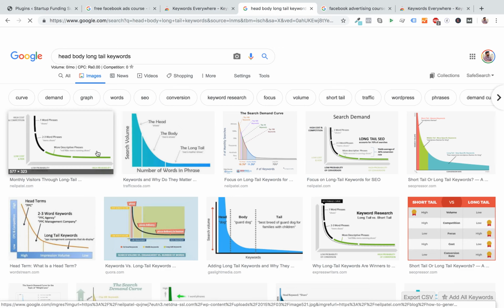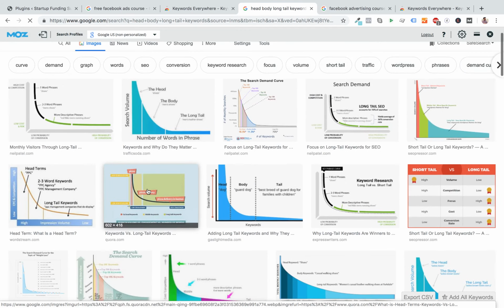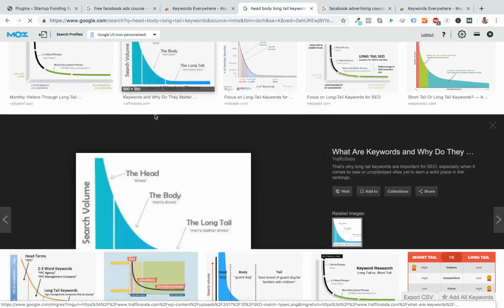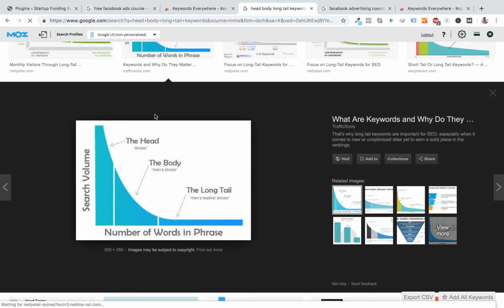If I have to give you an example, head keyword is something like shoes. I'm not really searching for this very specific thing, right? So there will be a lot of search volume for keywords like shoes. Ideally, the user is still discovering what is the right word to type. That's probably why he's typing shoes. So those kind of keywords are called the head keywords.